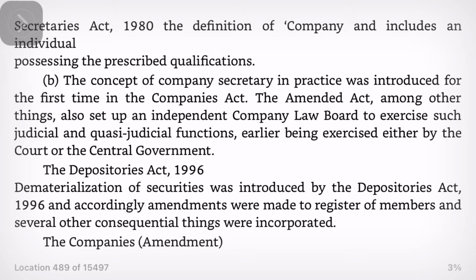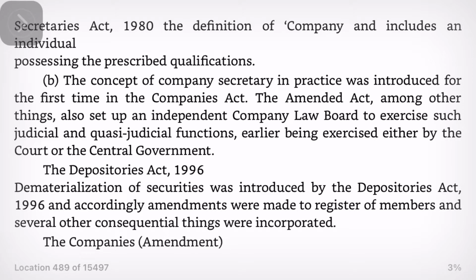The Companies Amendment Act 2000. The following major amendments were introduced. A. Private companies and public companies to have a minimum paid-up capital of Rs 1 lakh and Rs 5 lakh respectively. B. Provisions relating to deemed public companies became inoperative, and a new provision relating to conversion of a public company to a private company was inserted in the Companies Act 1956. C. SEBI given powers regarding issue and transfer of securities and non-payment of dividend by listed public companies. D. Every listed company making an initial public offer of any security for a sum of Rs 10 crores or more will have to issue the same only in dematerialized form.